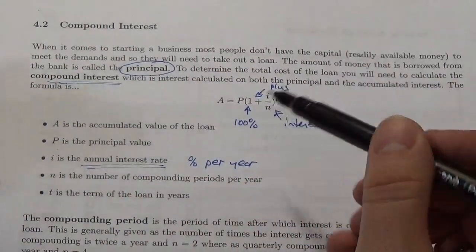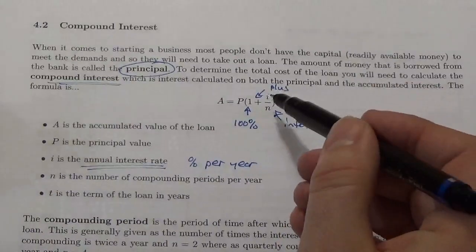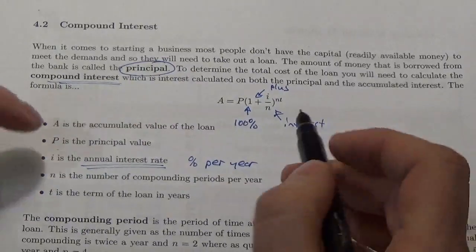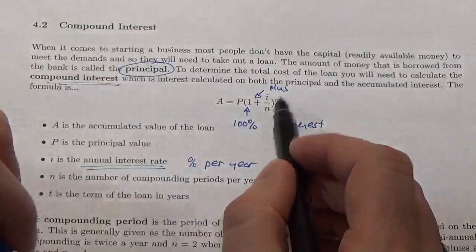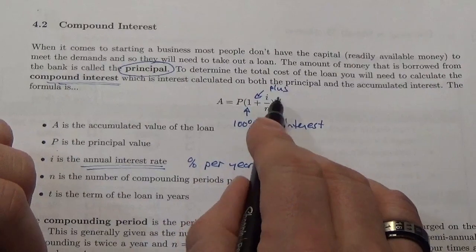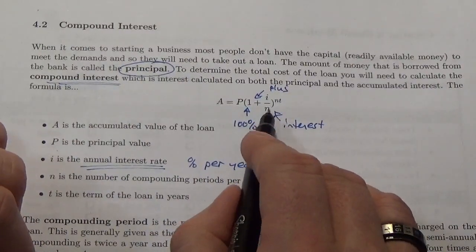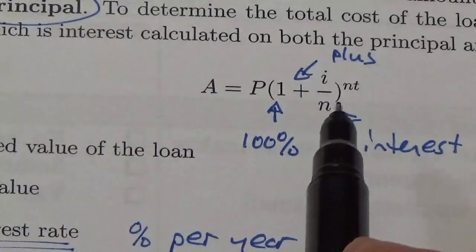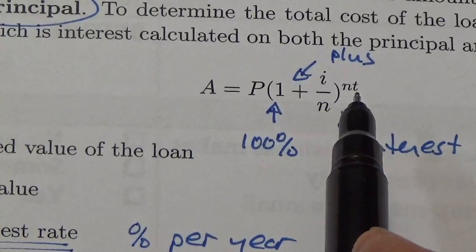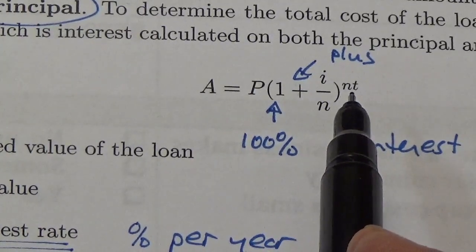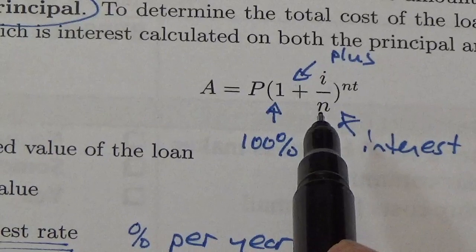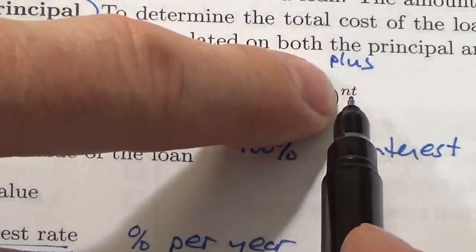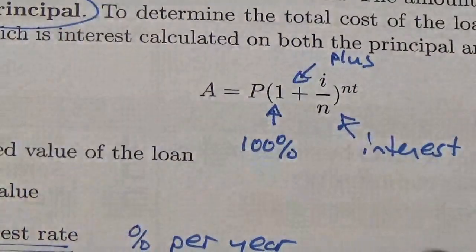So what they're going to do is instead of calculating 6% at both times here, they're going to take that interest rate and cut it in half. Then they're going to increase this to an exponent, where the number of compounding periods, actually I'm going to have to zoom in on that. The exponent here is going to be the number of compounding periods per year multiplied by the number of years. So we're going to divide the interest rate by the number of compounding periods per year, add that to 1, and then we're going to take that to the exponent,